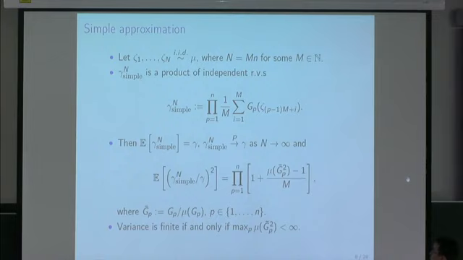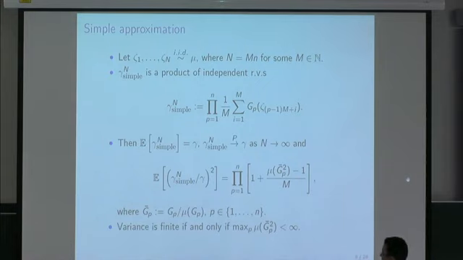For the simple approximation, what we'll assume is that capital N is some multiple of little n, and essentially what you're going to do is take a product of independent random variables, each of which is an average that approximates one of the expectations. So you approximate mu of G1 using an average, you approximate mu of G2 using an average, mu of G3 using an average, all using independent random variables, and then you take their product, and you're good in some sense. It's very simple to see that this simple estimator is unbiased, it has the right expectation, and it converges in probability as capital N goes to infinity. Of course, you can say stronger things as well.